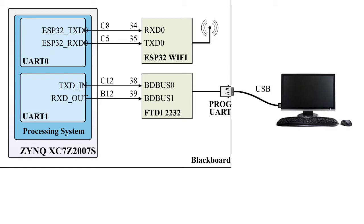Hello, in this video I'm going to go over how to configure and send a character through the Zynq's UART module with an assembly program. The Zynq has two UART modules, UART 0 and UART 1. UART 0 is hooked up to an ESP32 Bluetooth Wi-Fi chip, and UART 1 is hooked up to an FTDI USB UART bridge. This lets a PC with a normal USB connection communicate with the Zynq chip over a UART